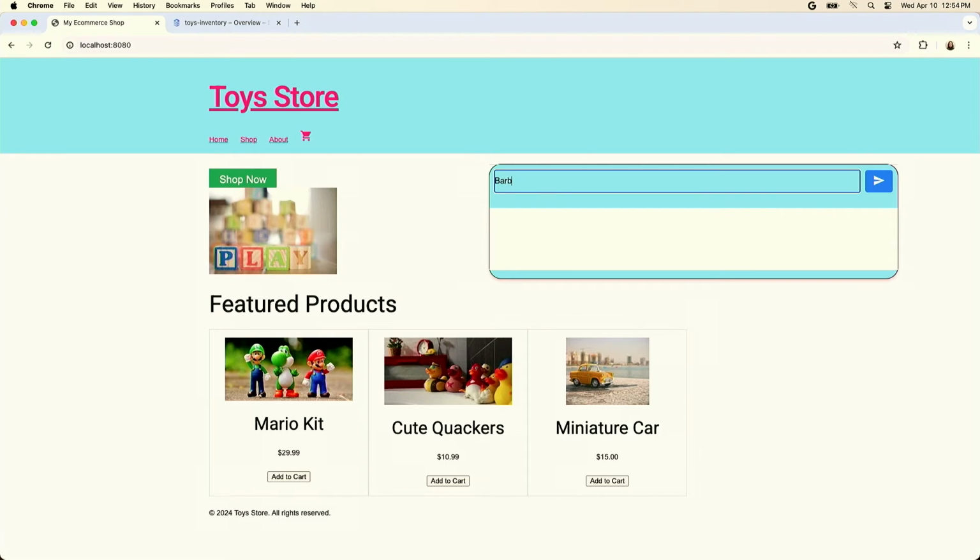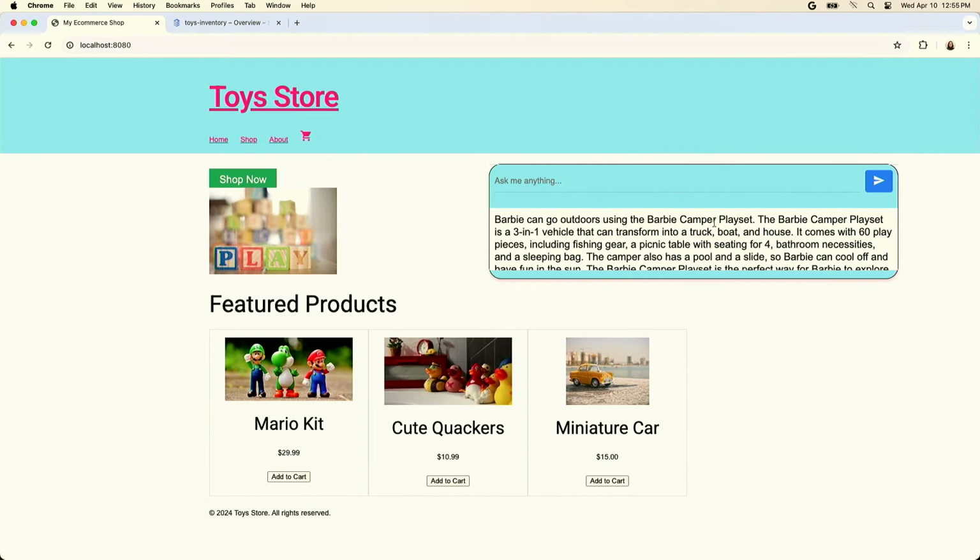So let's say you're shopping for your kid, and your kid already has a Barbie, but now they want additional toys for Barbie to go do some fun activities. So let's say, Barbie wants to go to the outdoors. How can she get there? And then if you hit enter over here,